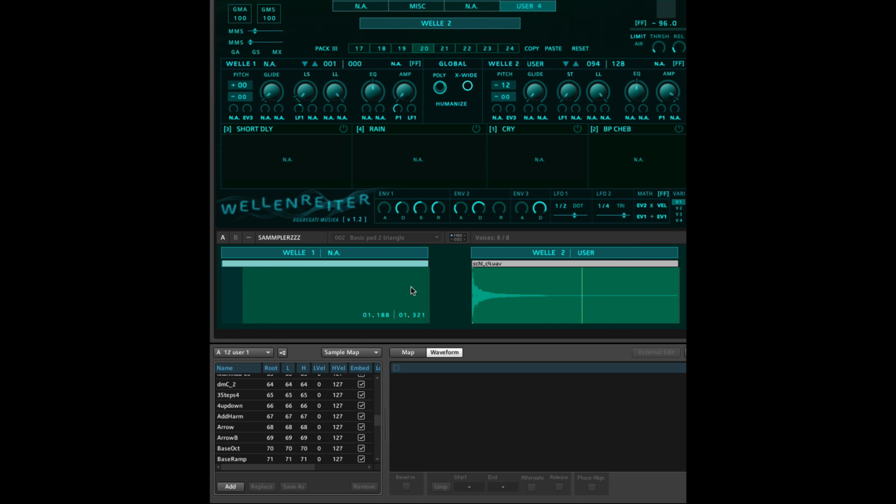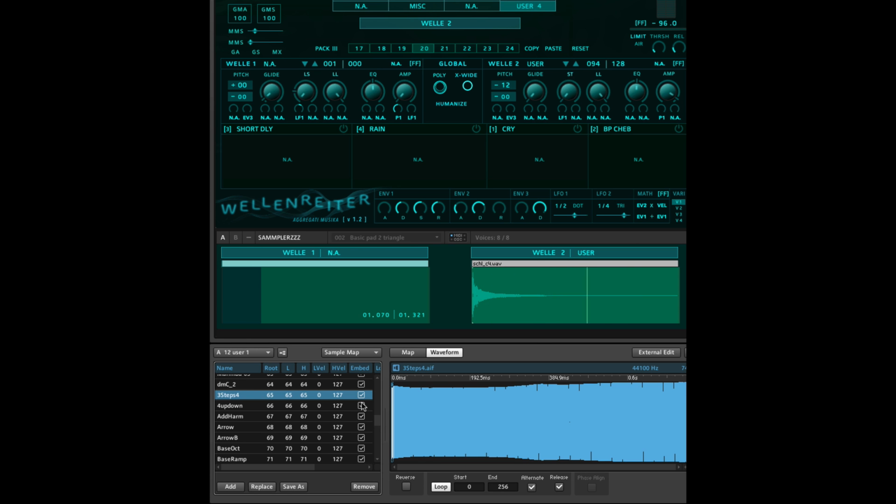In other words, there's 2 sample players, and there's scanners, just the way this is. And it comes with a factory map. So I exported the factory map and taken out all the wave files from it. And so here they are. I dragged them in to this